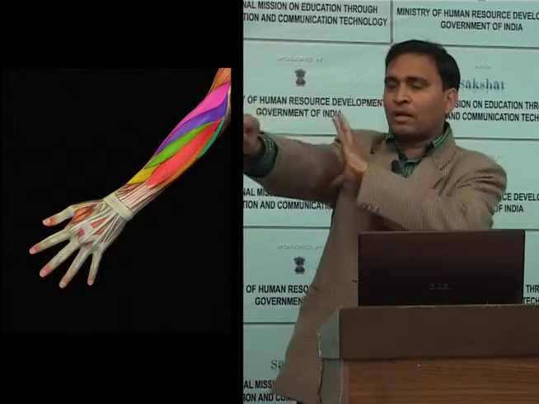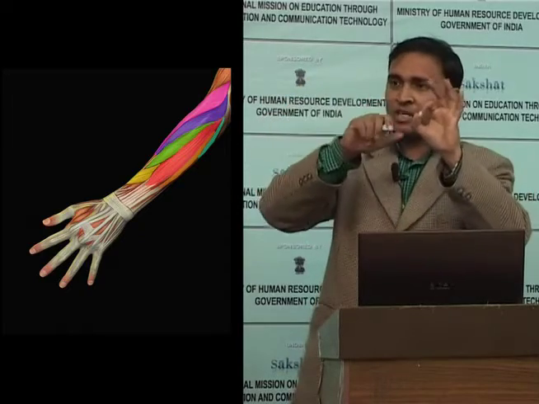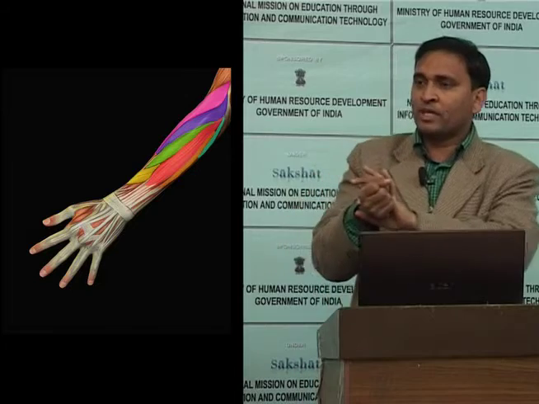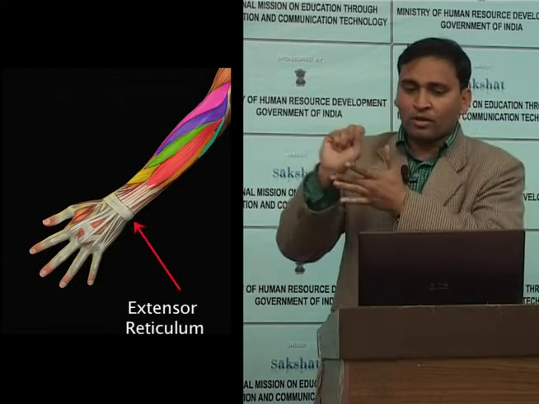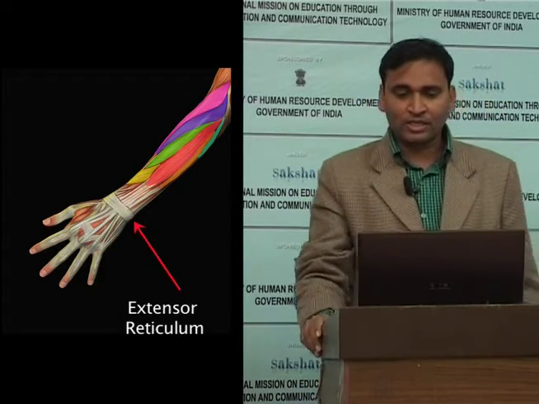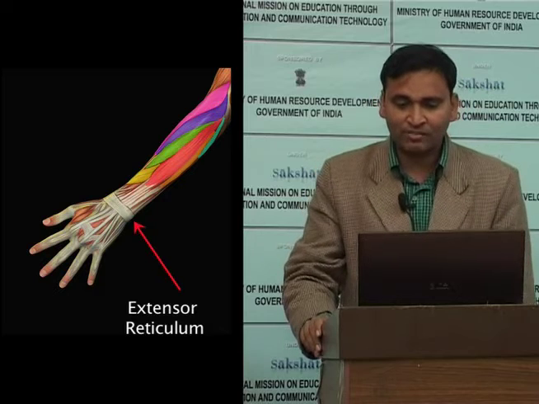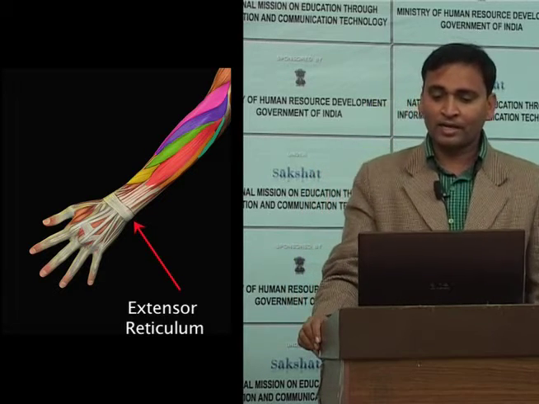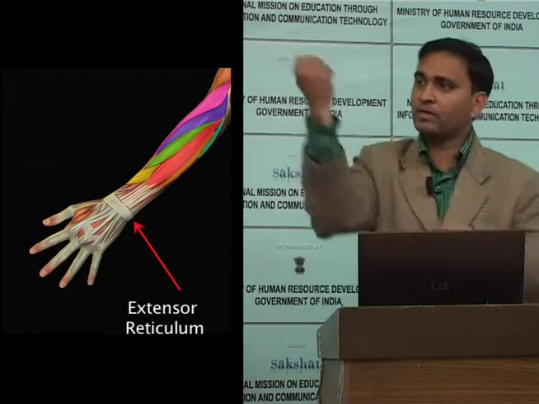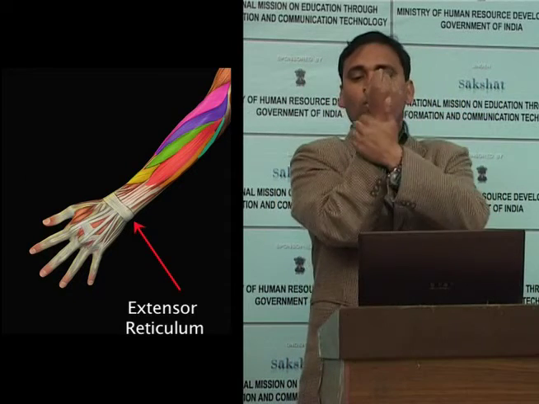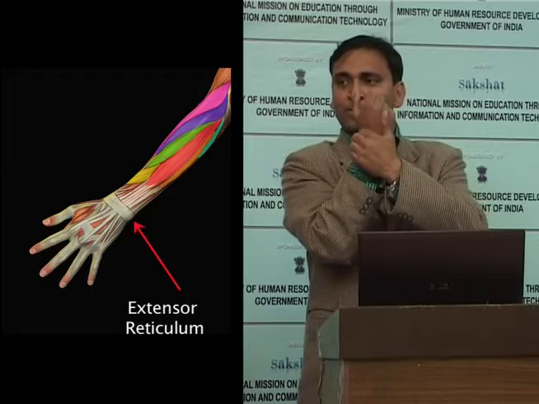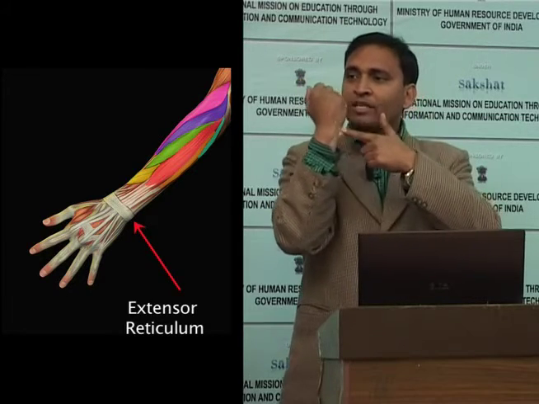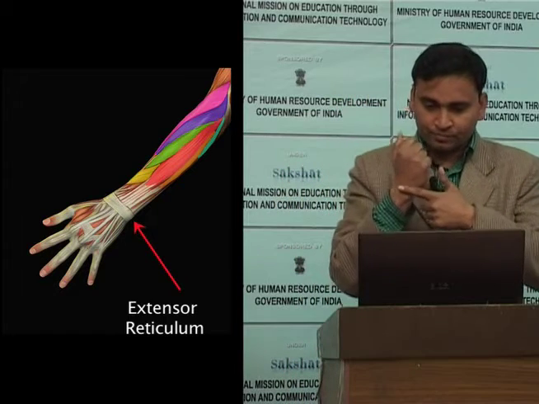I have told you all the muscles are cone-like in different fasciae, intermuscular fasciae. They come down and make a compact structure, basically known as the extensor retinaculum and flexor retinaculum. This retinaculum arises from the lateral side of the metaphysis of the ulna as well as the radial styloid process, and ends at the ulnar styloid process. It means the extensor retinaculum originates from the lateral side and the radial styloid process, and the structure coming from this area is known as the extensor retinaculum.